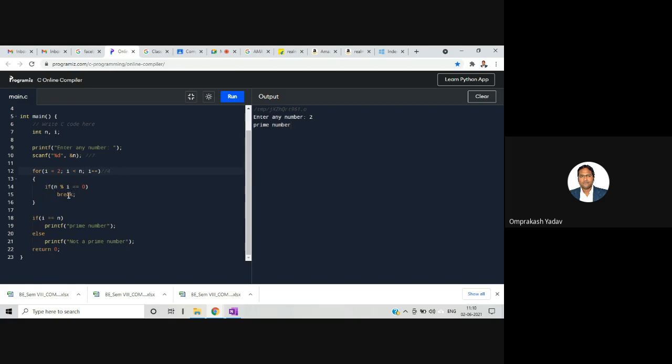If n mod i, so 4 mod 2, it will check over here. Now this will become 0, so it will enter over here, it will break. So when it breaks, i value is what? 2, and once it checks over here, if i is equal to n, no, 2 is not equal to 4, and it will say not a prime number.